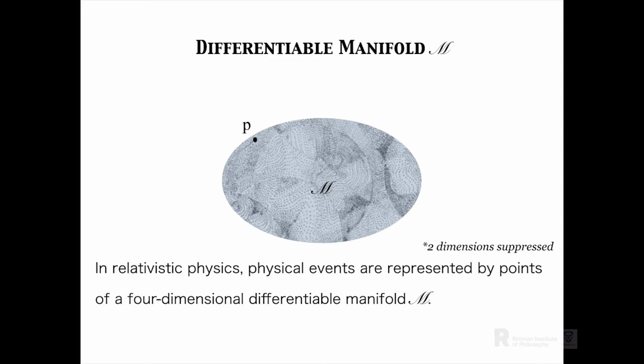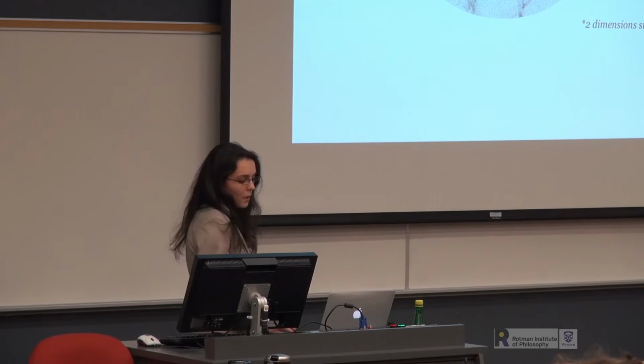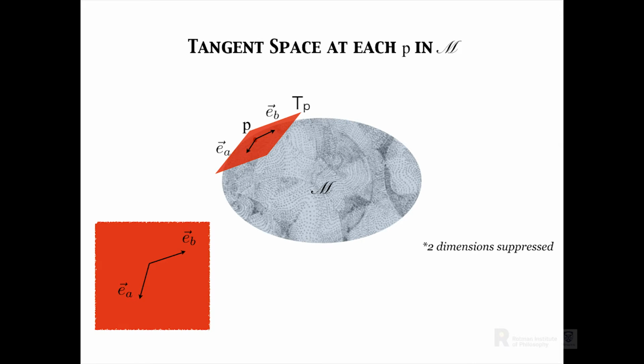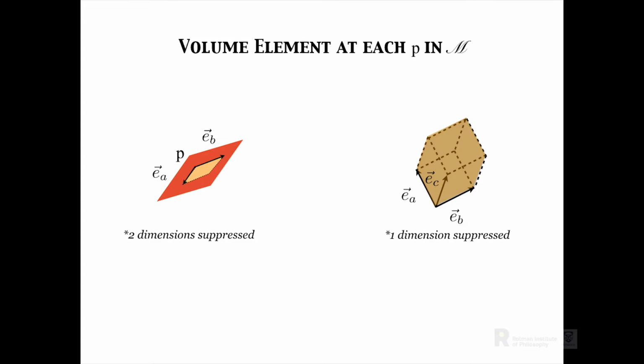So we'll start simple. We know that in relativistic physics, physical events are represented by points of a four-dimensional differentiable manifold. That's sort of a cartoon picture of it. At each point, we can attach a tangent vector space, and in that vector space we can pick a basis. Just introducing the basis doesn't imply any orthogonality in the basis or length, because we haven't introduced the metric yet. There's also a corresponding cotangent space, where we can pick a basis of covectors, which are dual to the regular vectors. So they can nicely be, the pairing can be a delta function. And also in the tangent space, the basis,